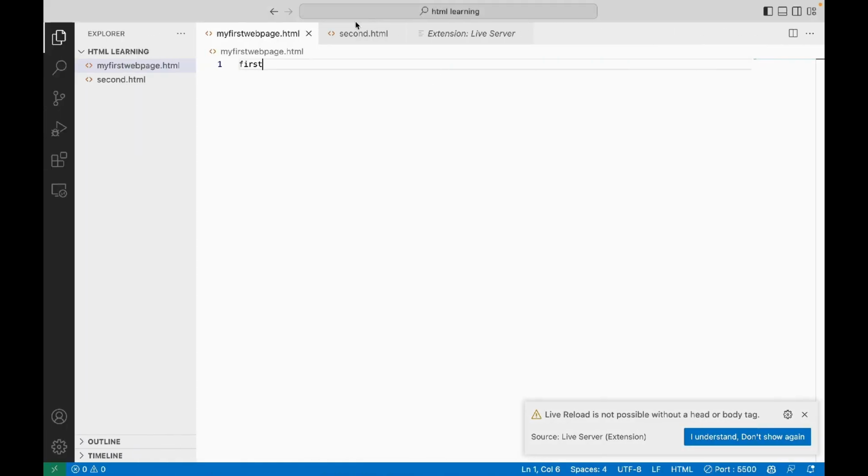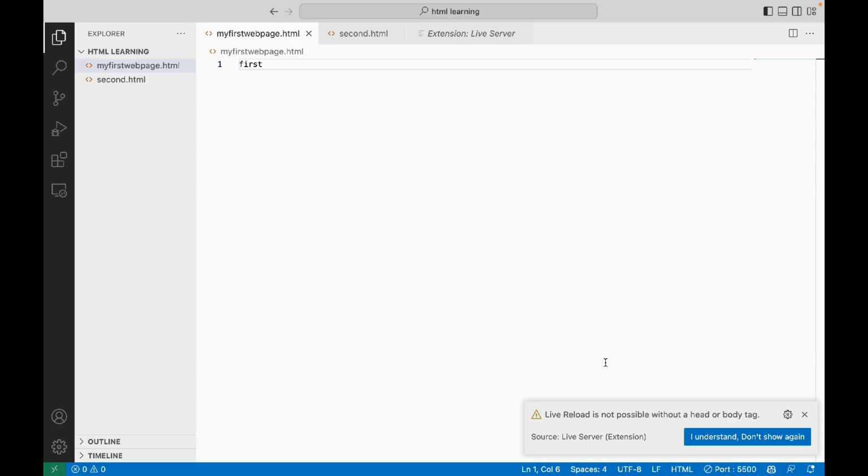Once you are inside Visual Studio Code, we are going to set up our project. What we are going to do here is click on open, and from here we can choose a location and create a new folder. I'm going to call mine HTML learning. You can call it whatever you like. From here you can click open and it's going to open this folder. As you can